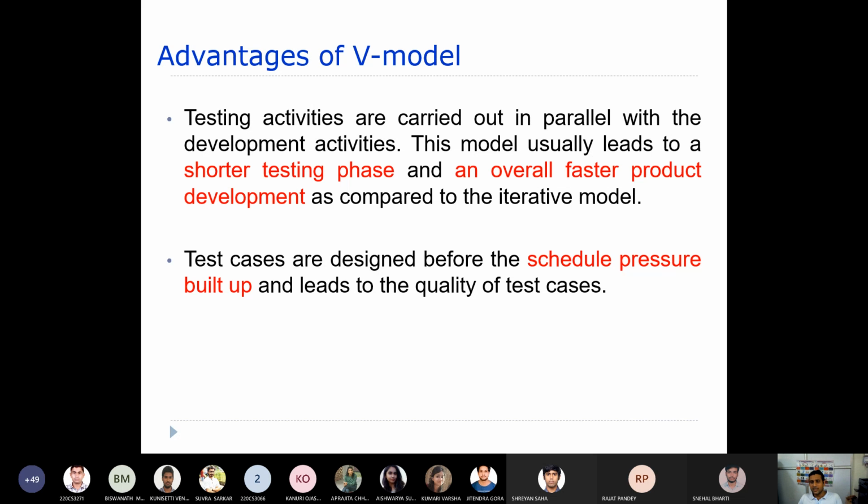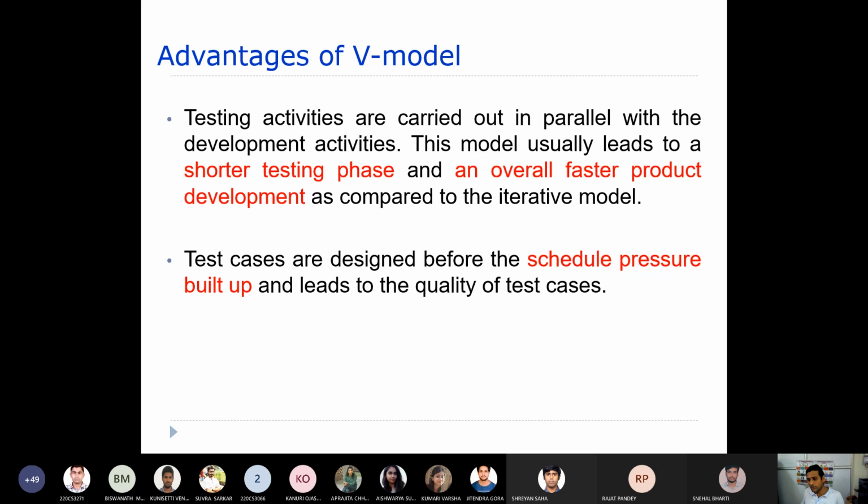Maybe it is getting delayed, or there is a delay in deployment and so on. Because of that, they might create some sort of pressure, right? Now, before that pressure, what will happen? Say the software is to be delivered within 1 year.